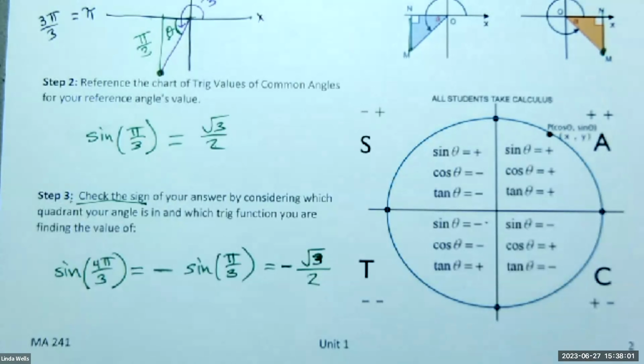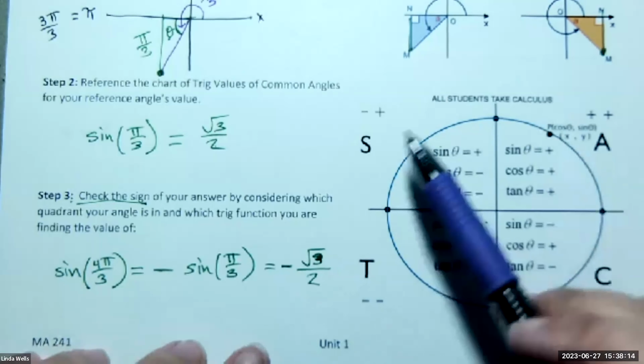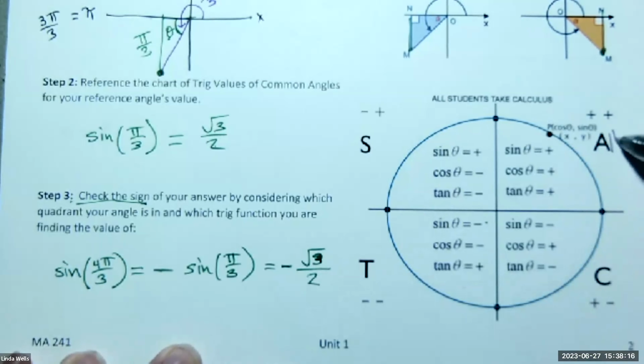You have your circle and you have it memorized, you have another way, you can go for it. But in our system and on exams, especially multiple choice, it will be exact answers. So you have to know how to find these answers. If you need help with this circle, this is "All Students